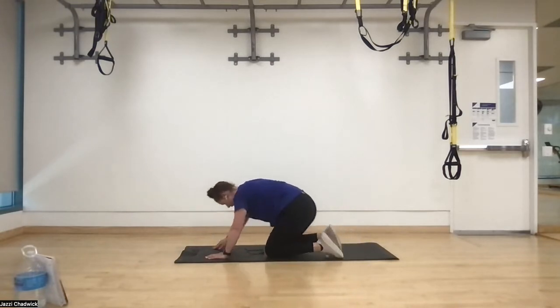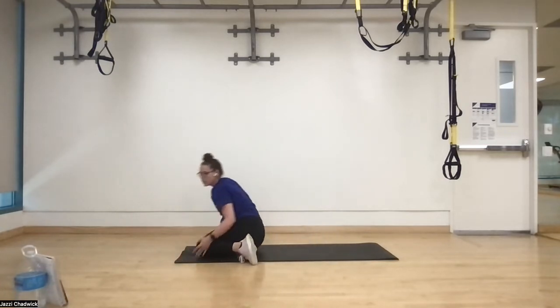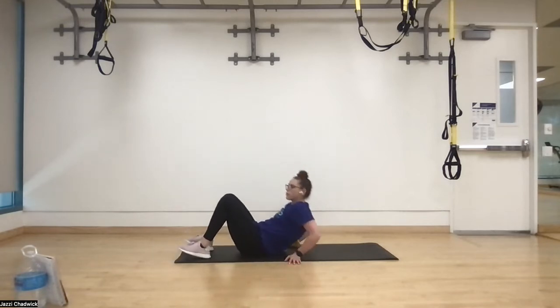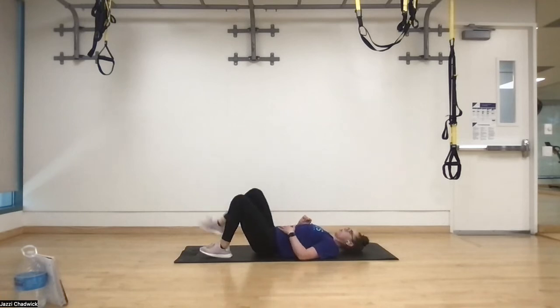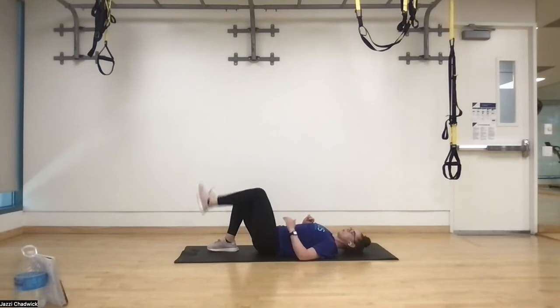All right. Next up, we're going to do our single leg glute bridges. We're going to alternate our legs. And then we'll stand up for marches. 3, 2, 1. So choosing whichever leg you'd like. Stick one leg out, pushing through that heel, big toe, little toe of our foot that's on the ground. Keeping those,